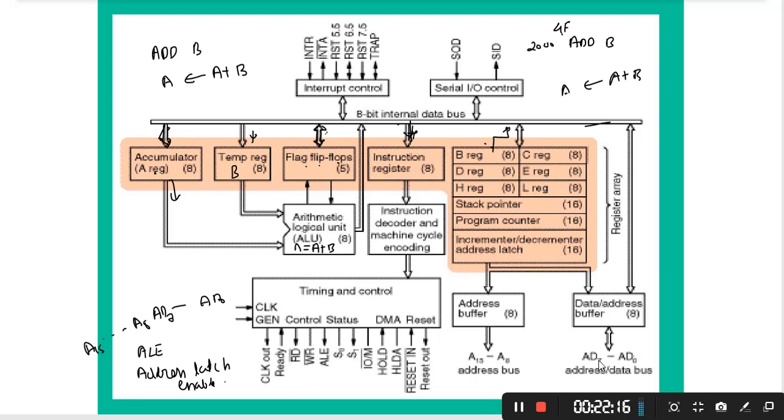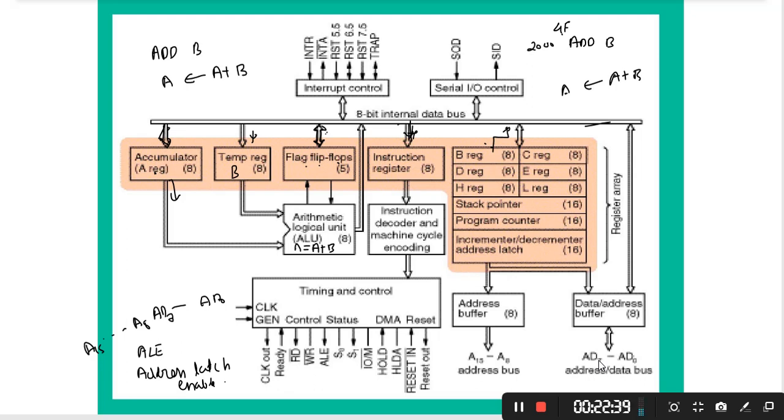S0, S1 are the status signals. By observing these two pins, we can see what operation is currently going on within the processor, whether the processor is doing memory read, memory write, input output read, or input output write.